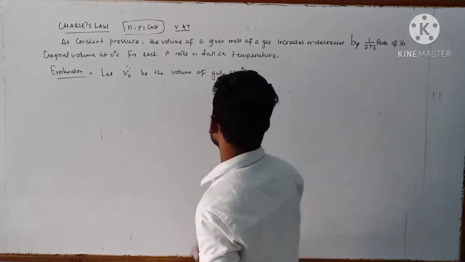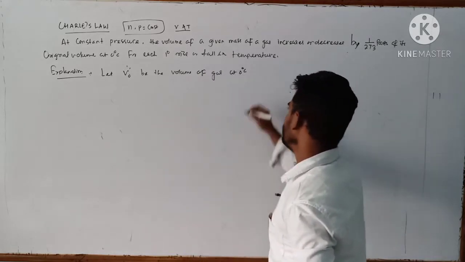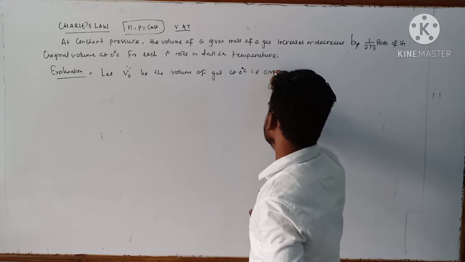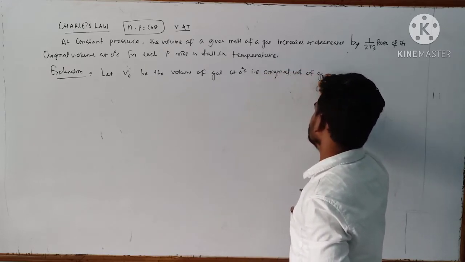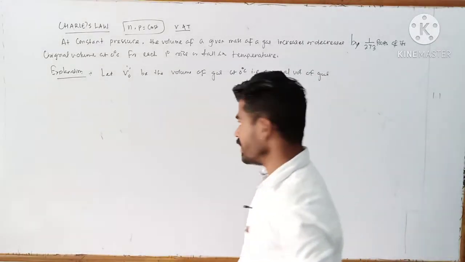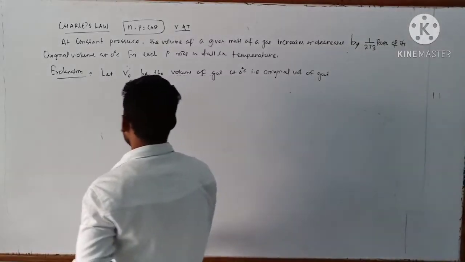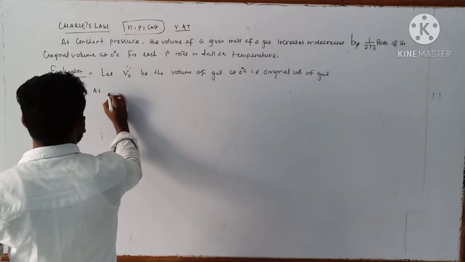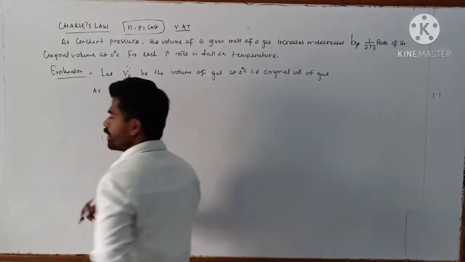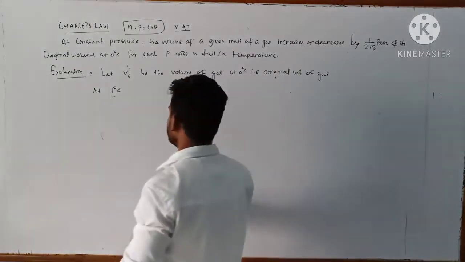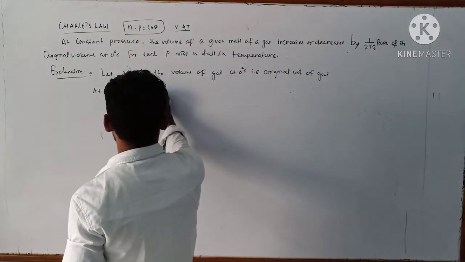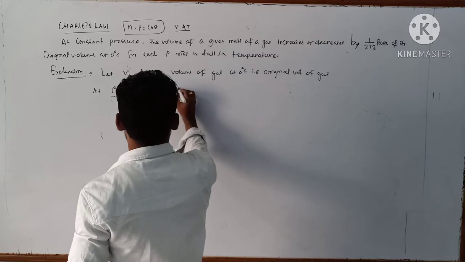So that is the original volume of gas, that is V naught. So at 1 degree centigrade, that means the increase in temperature is 1 degree centigrade, the volume of the gas will be